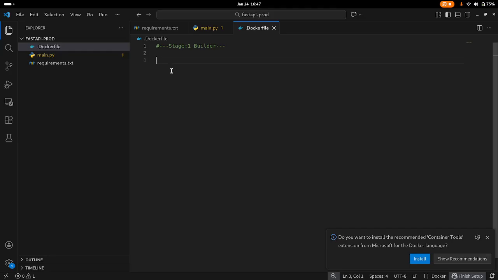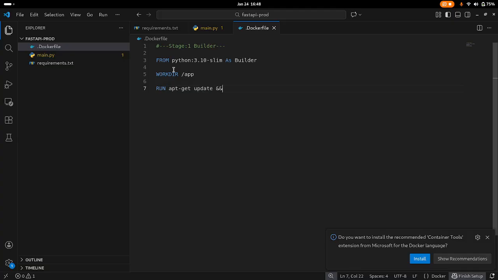So inside the builder, what we need is Python 3.10 slim as builder, right? Now the workdir will be /app, and we will run the apt-get